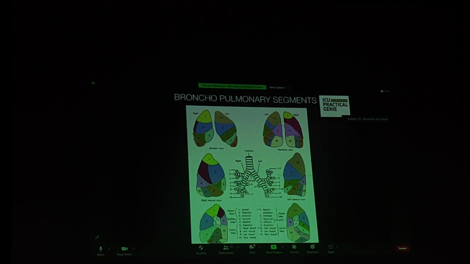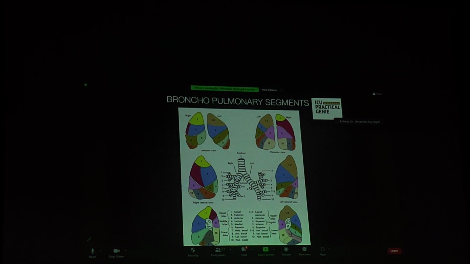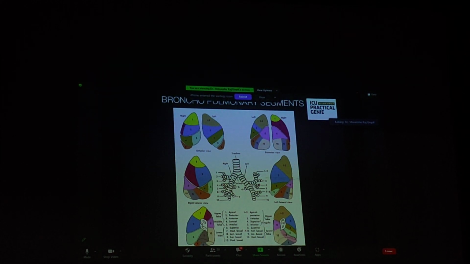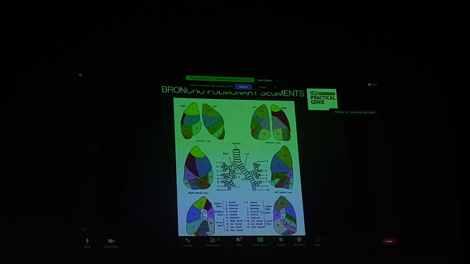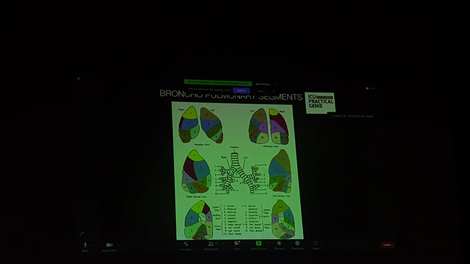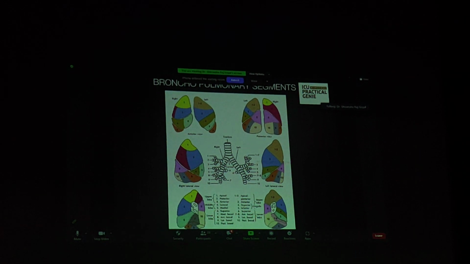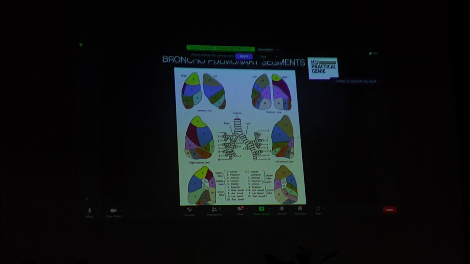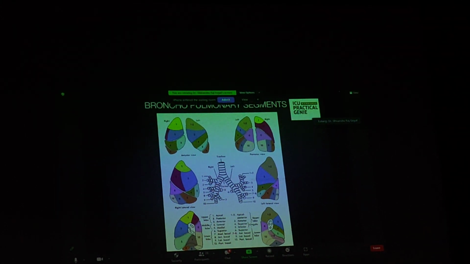Before I start telling you about this, it is my duty to explain, or we all have read about it. Most of us have forgotten it because we do not use it in everyday practice: the bronchopulmonary segments. We all know the right lung has three lobes: upper, middle, and lower. The left lung has two lobes: upper lobe, which is divided into upper lobe proper and lingula, and the lower lobe. But we should also know the bronchopulmonary segments. Why? Because that makes you aware of exactly where the pathology is lying. You are not going to fool around simply by saying it could be here, could be there.